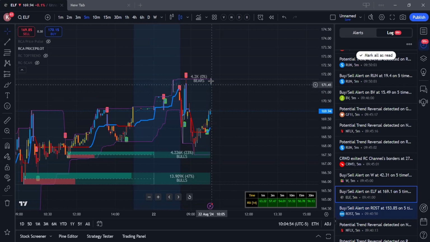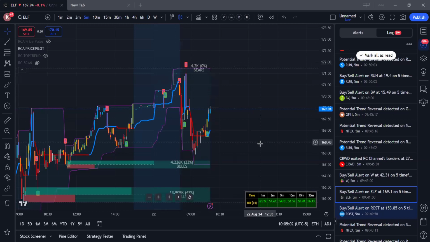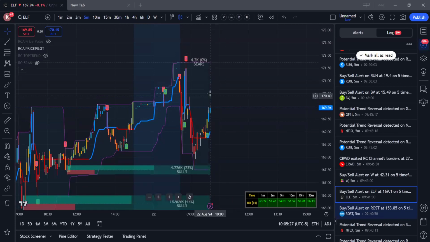That means if price goes above 170 and stays above 170, then all the premium collected will be yours. As of now, you can see everything is green. You got a buy signal. There are a lot of bulls here, right? If this is in blue color, that means there is a lot of bullish momentum. If it is in red color, there is a lot of bearish momentum. If it is orange, it is between bullish and bearish. Now you got a buy signal. B stands for buy, and then